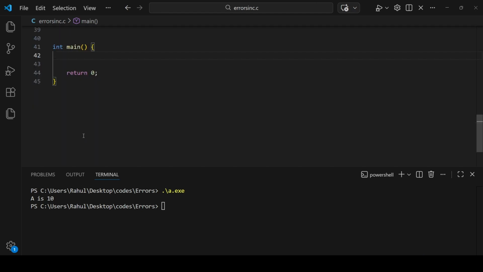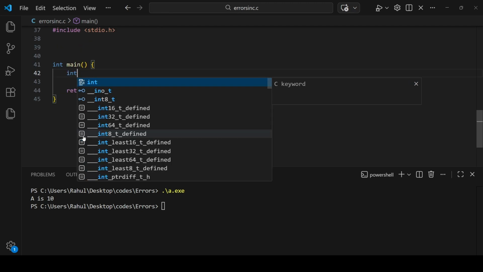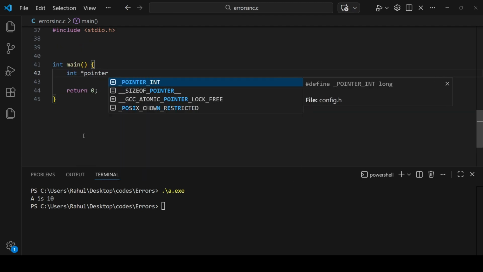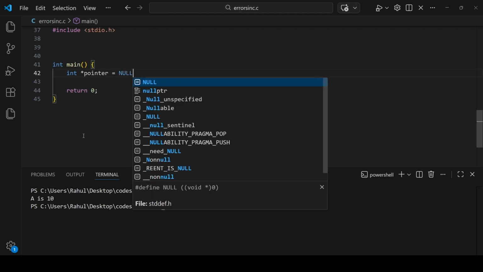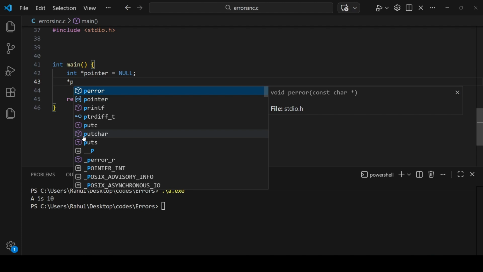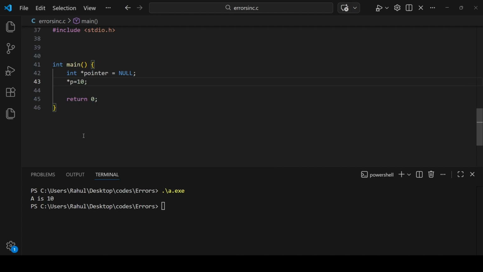Now I'll have an int star pointer equal to NULL, and here I am putting *p is equal to 10. I compile it, and I am able to compile it. But when I run it,